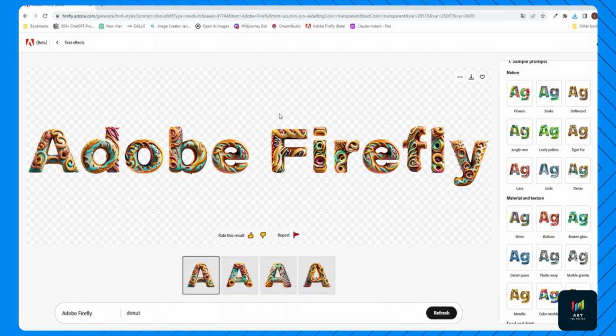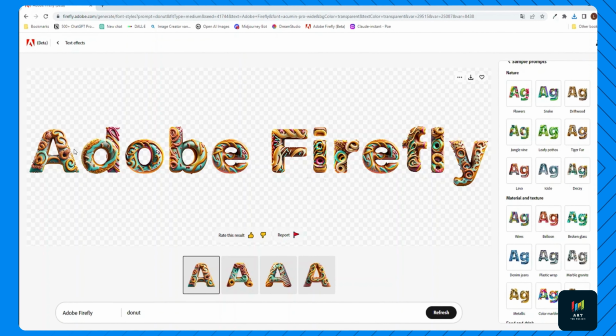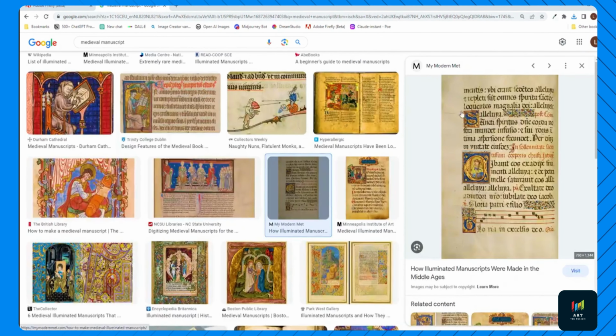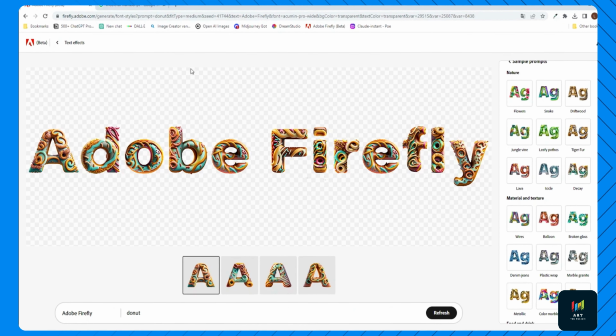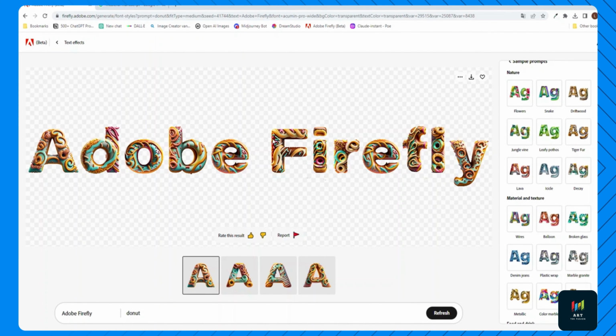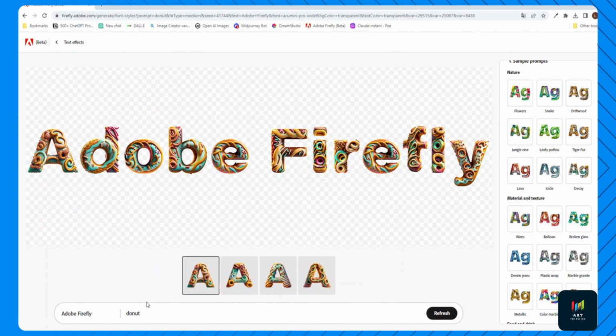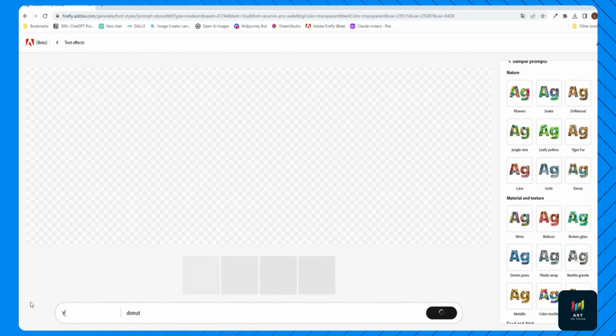So the way you would use this is as a title for a poster, for instance, or maybe as the first letter of a blog post, similar, for instance, to how they had on medieval manuscripts, where the first letter would be very nice and special. And then using Adobe Firefly, you could make that first letter be related to the actual content of the blog post. Or for instance, for an invitation card to a children's birthday party, you could write something like "You're invited,"